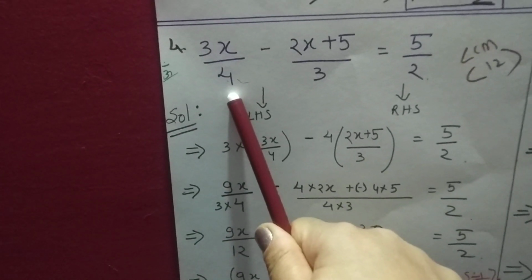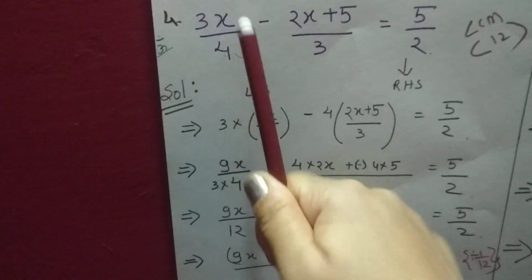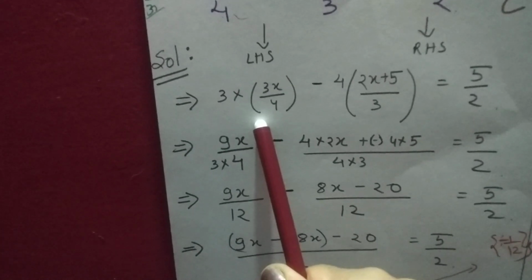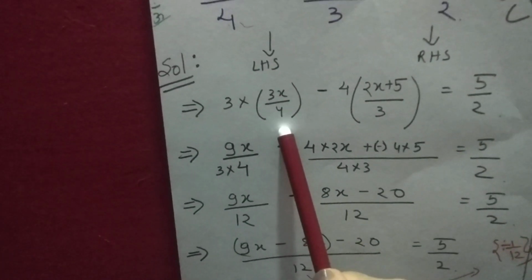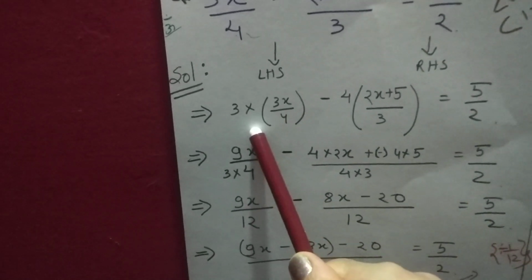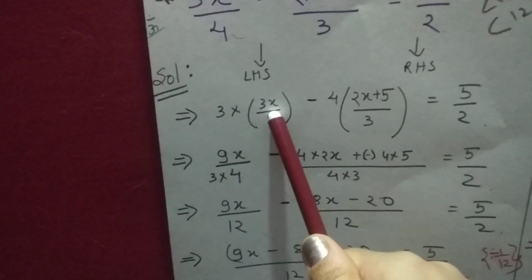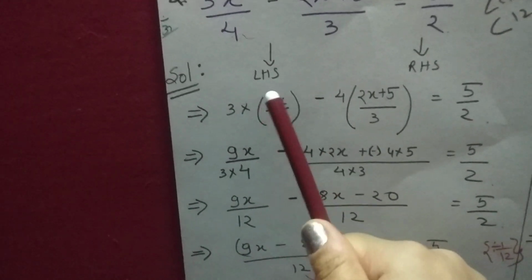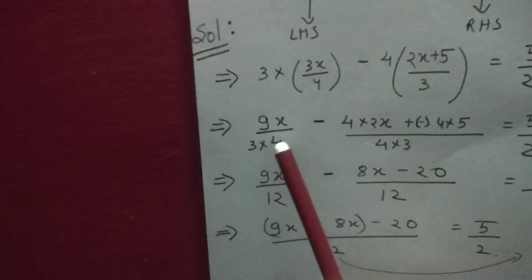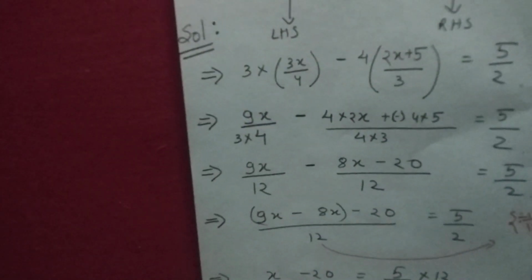So to bring 12 here, we are multiplying this 4 with 3, and if in the denominator we multiply a number, then respectively on the numerator we have to multiply with the same number. So we have done this thing here. न्यूमरेटर में 4 को 3 से इंटू किया है, रिस्पेक्टिवली न्यूमरेटर में भी we have to multiply 3 with this numerator, that is 3x. ओके, जब इस पूरे टर्म को सिंप्लीफाई करेंगे we will get as answer 9x by 12. ओके, कुछ डिफिकल्ट नहीं है, बहुत सिंपल है.